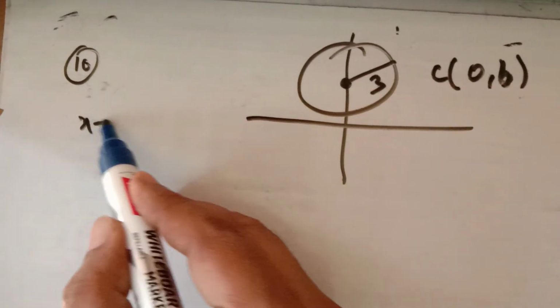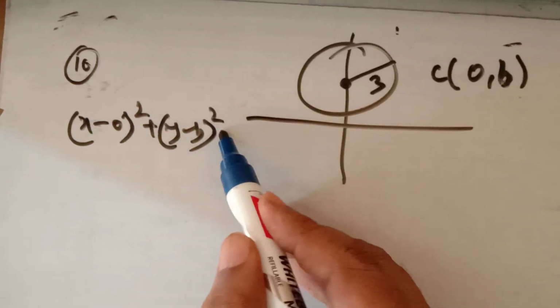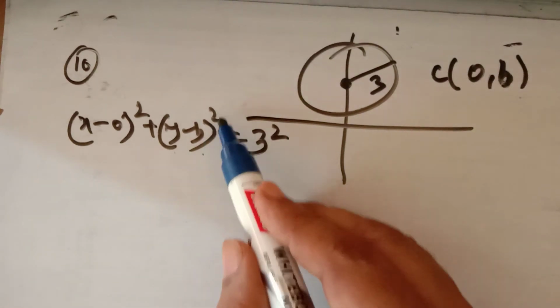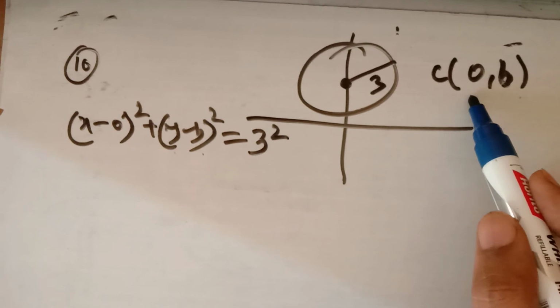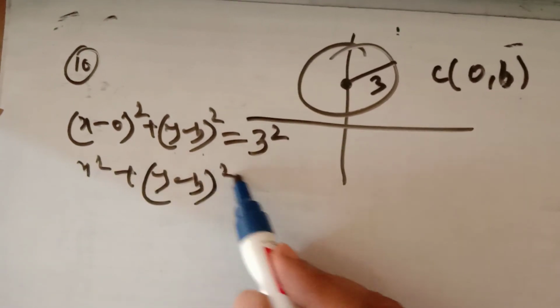तो equation of circle is x minus 0 का whole square, y minus b का whole square is equal to radius square. Equation of circle with the center AB is x minus a का whole square, y minus b का whole square is equal to 3 square. a यहाँ पर 0 है. तो ये आपके पास ओनली वन आर्बिट्री कांस्टेंट इज देयर.